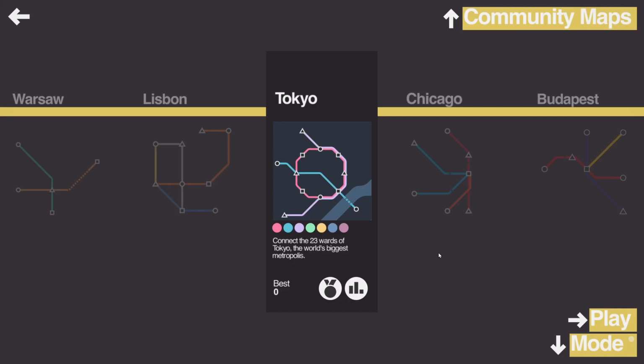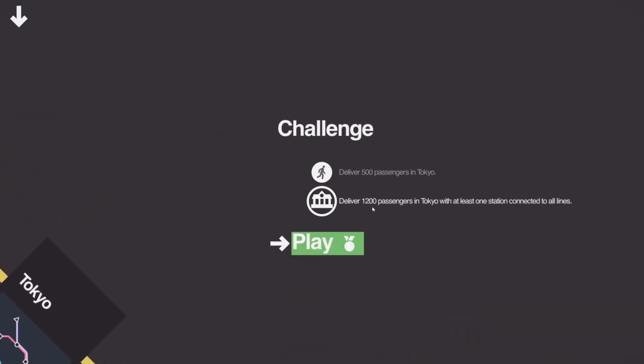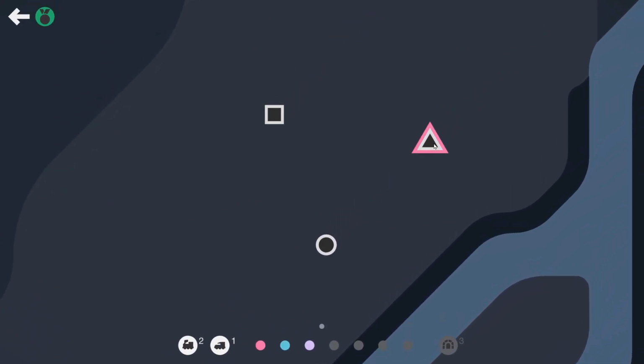G'day, today we're going to have a look at the new Mini Metro map of Tokyo. We'll go for the achievement on this one as well, which is to deliver 1,200 passengers in Tokyo with at least one station connected to all lines. So again, a way that I generally play anyway, so it shouldn't be too bad. So let's start off with